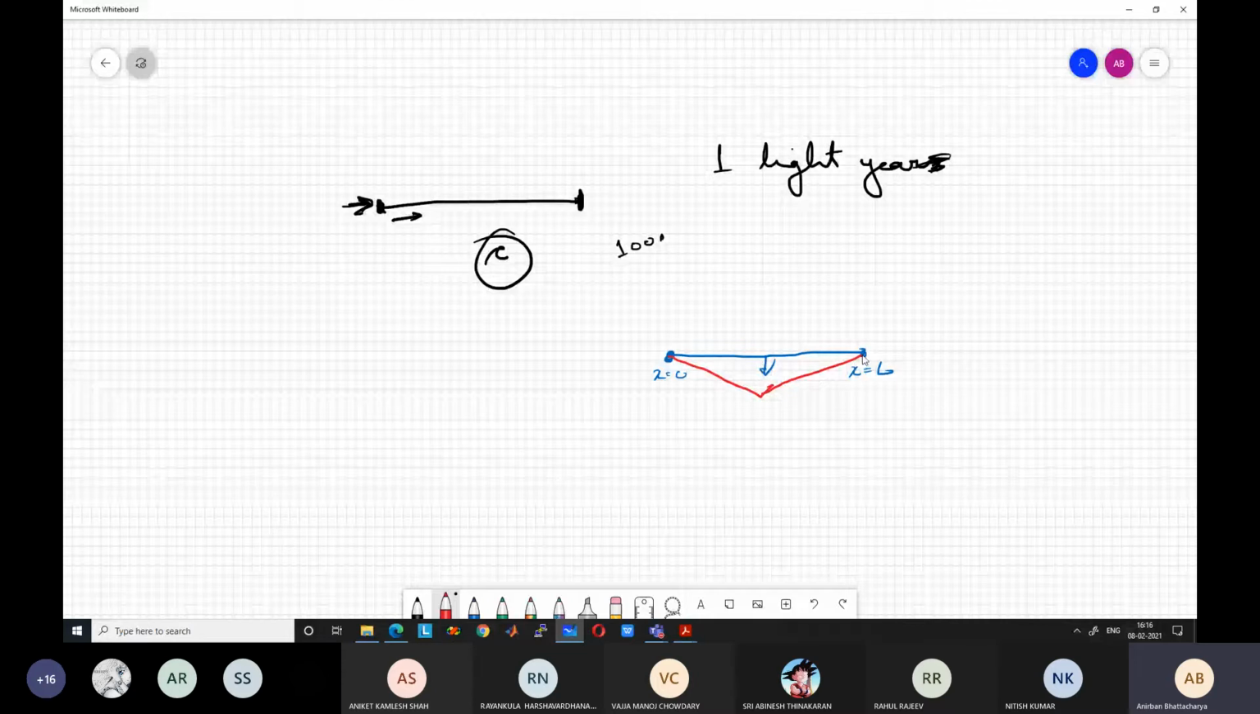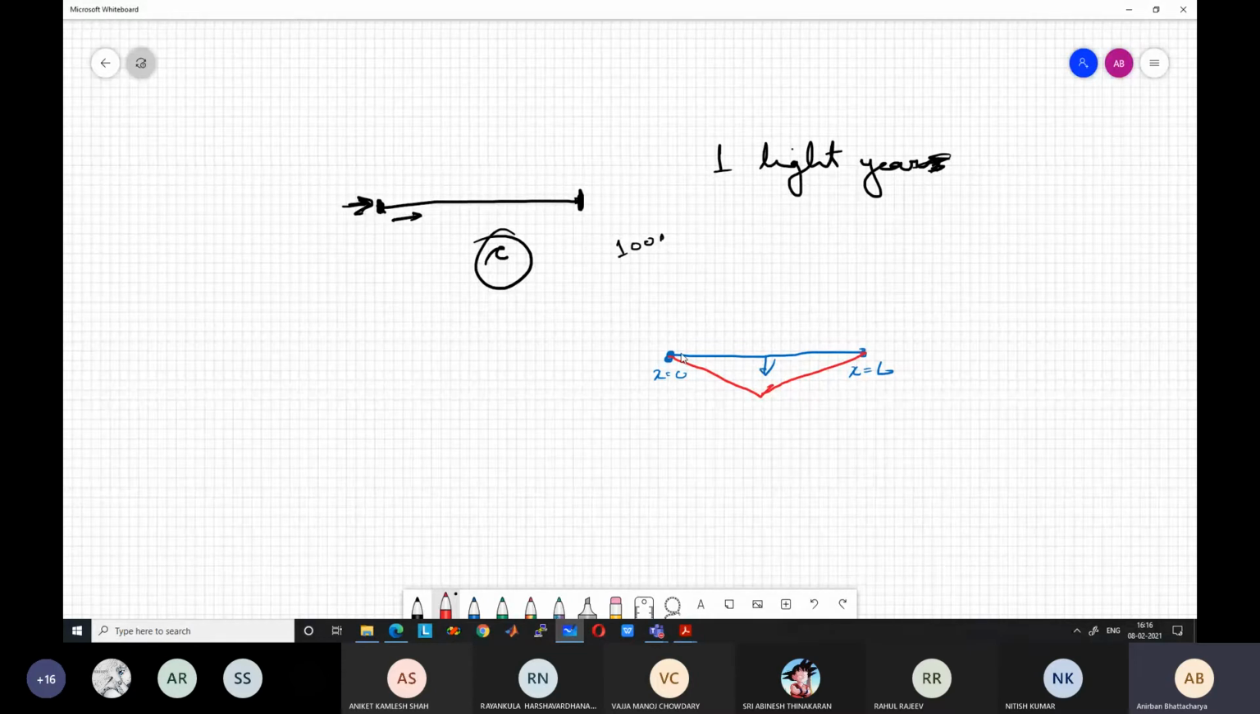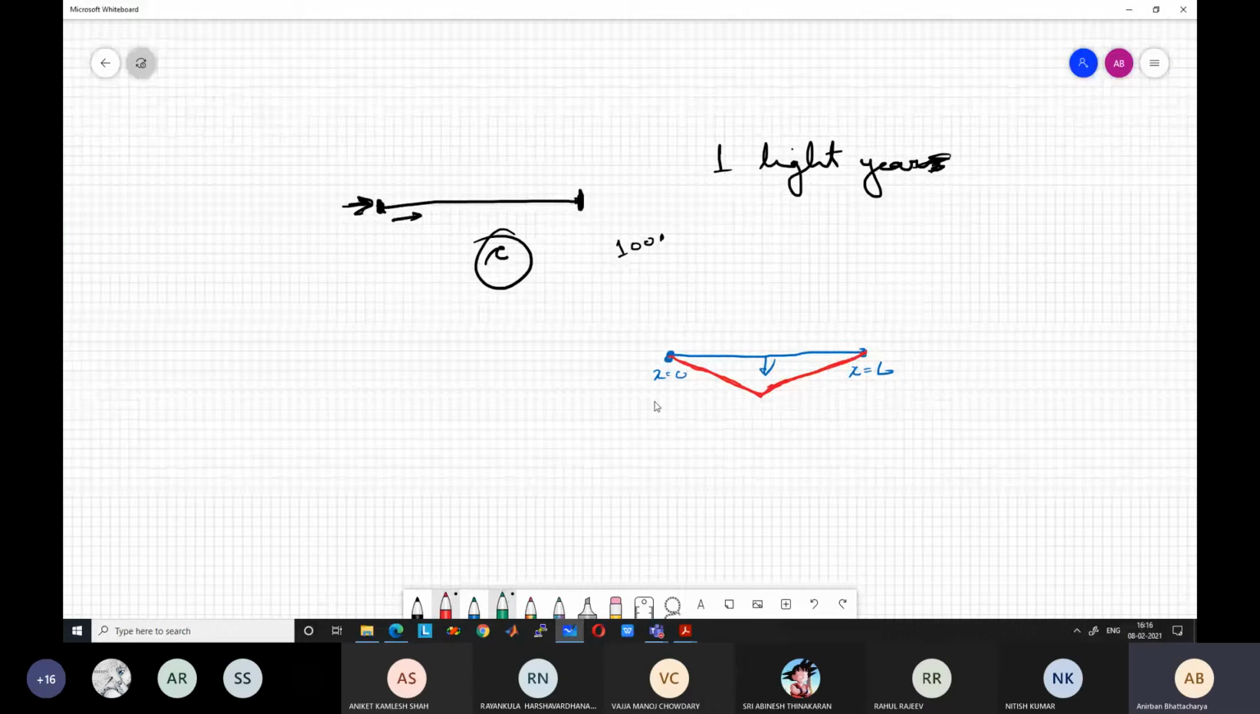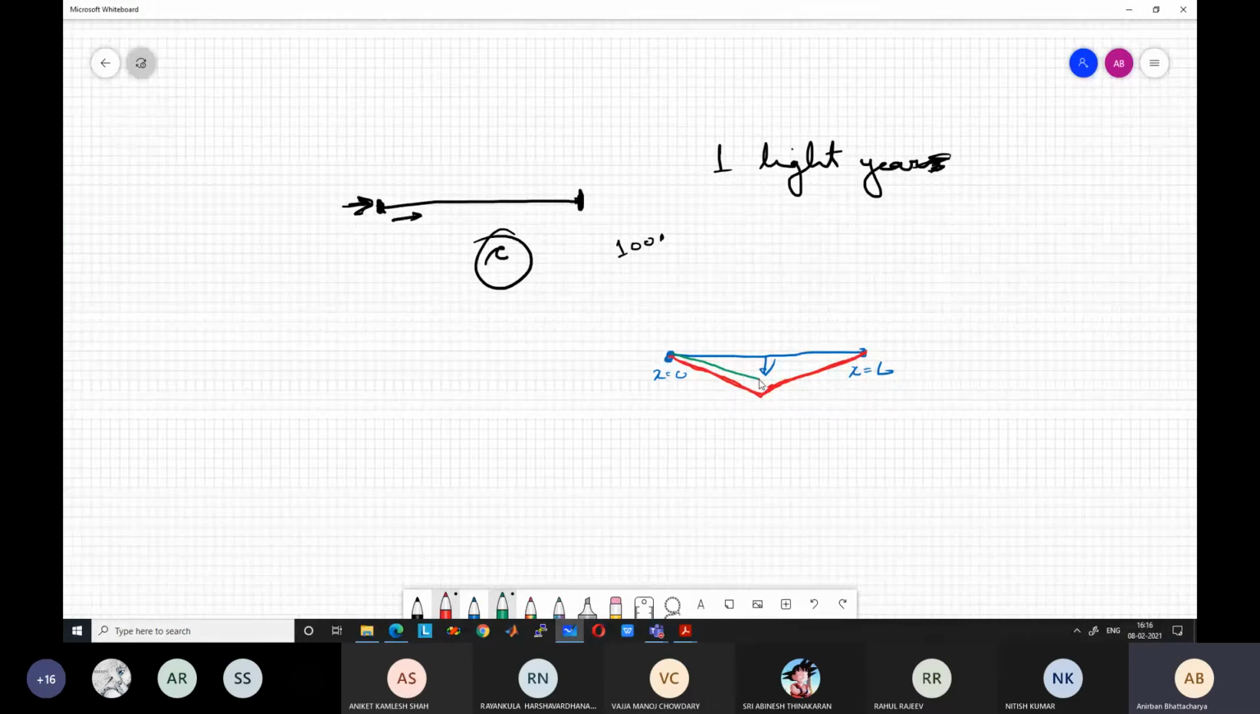So what will happen? It will just vibrate about its axis. After some time, it will be like this, then like this. The information that it is pulled here will take some time to travel. So what this u represents is, at any point x, at this x point,